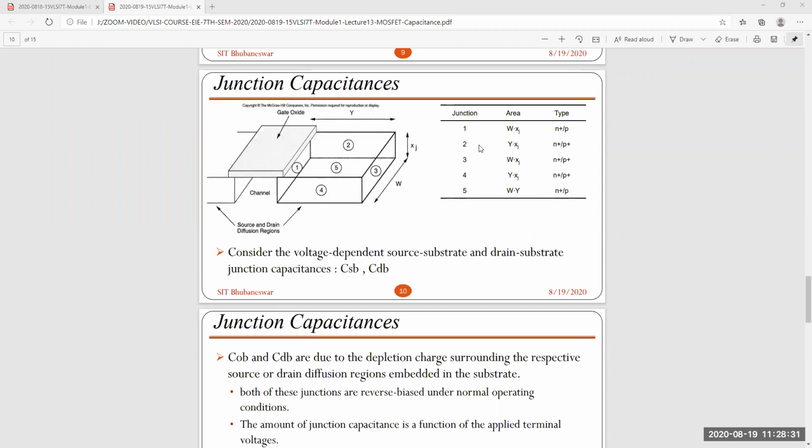Yes, sir. Okay, because on every side, it's not shown here, but on every side some channel stop regions are there. That channel stop region is P type, P plus type. So P plus and here N plus, so there is a junction. Due to that junction, junction capacitances are there, and all are related to this drain. Source side also you can get the same capacitances.